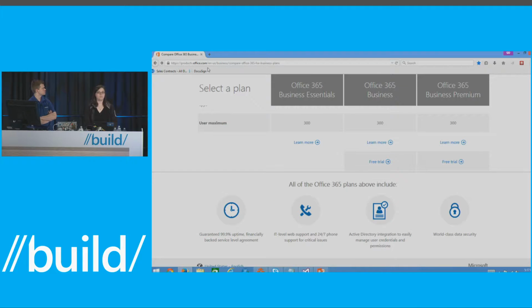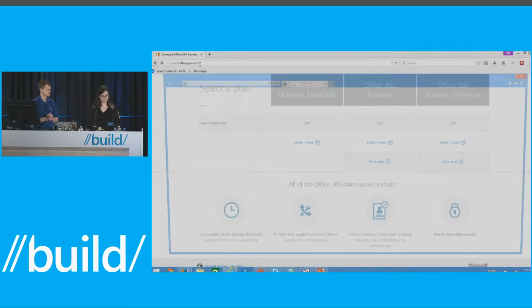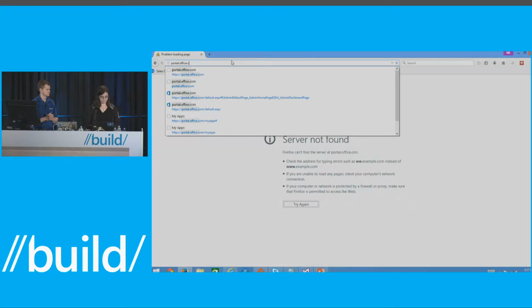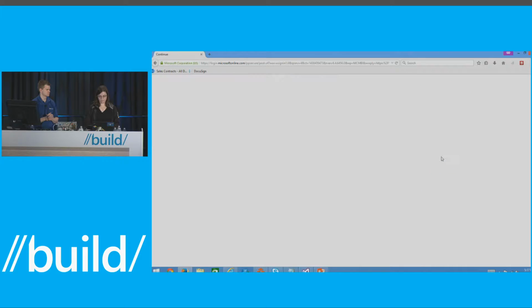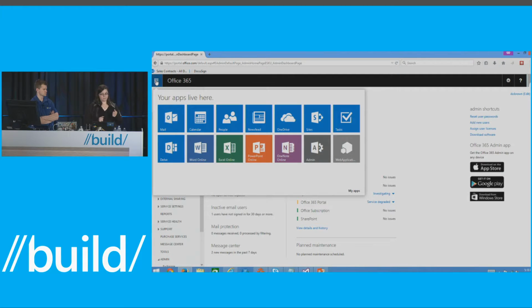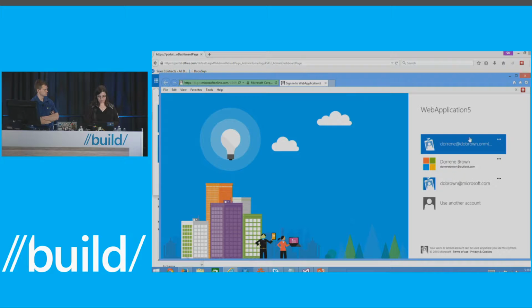In the meantime, let's go to Office 365 and see where this app will appear once we consent to it existing within our tenancy. So when we go to portal.office.com, it'll prompt me to log in. And what we'll see at the top is what we call the app launcher. And the app launcher is a listing of where all of my applications live inside of Office. Right? So you can see here, I've got Mail and Calendar and People and OneDrive and all of the apps that you're aware of today. But you'll see here I also have like this web application. And that is an app that I've previously consented to. So if I go to my web application,